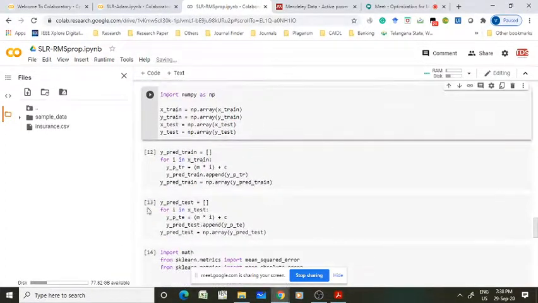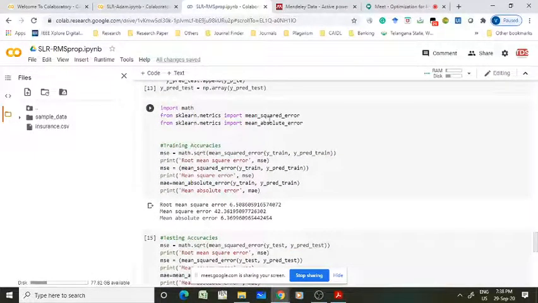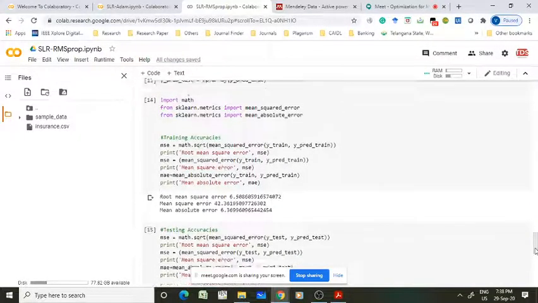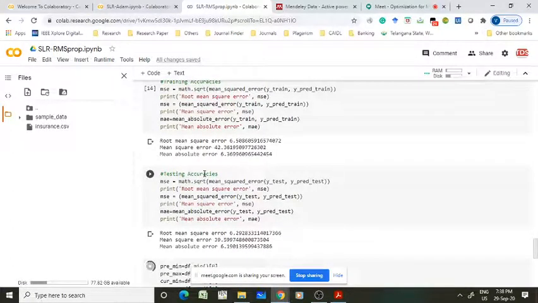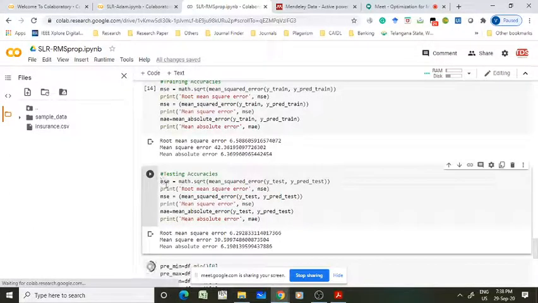And in the 12th cell, I am calculating the predicted output on the training dataset and the predicted output on the testing dataset. And here I am calculating the mean square error and mean absolute error on the training dataset. And in this cell, that is the 15th cell, I am calculating the mean square error, mean absolute error and root mean square error, RMSE. So all are on the testing dataset.